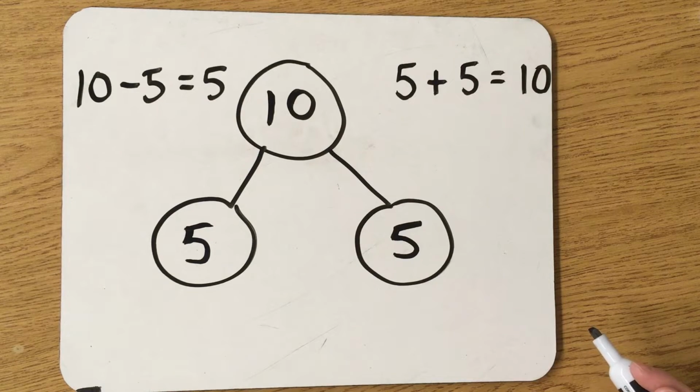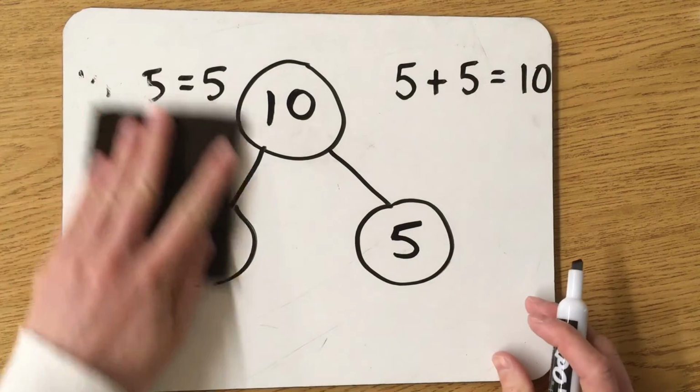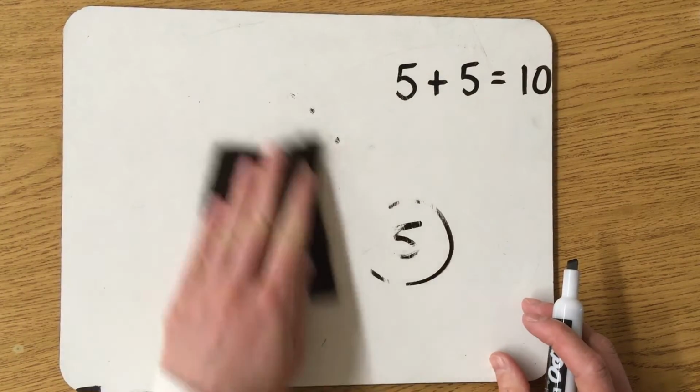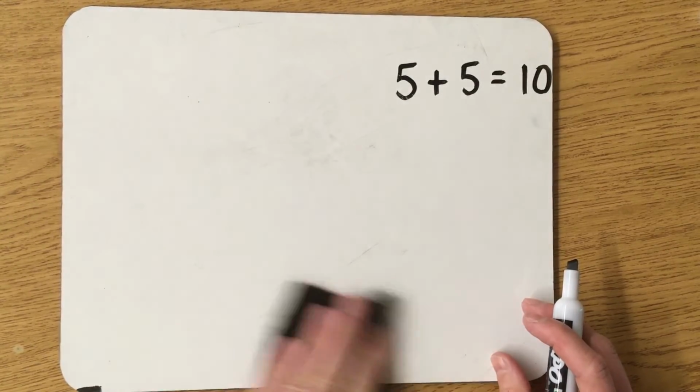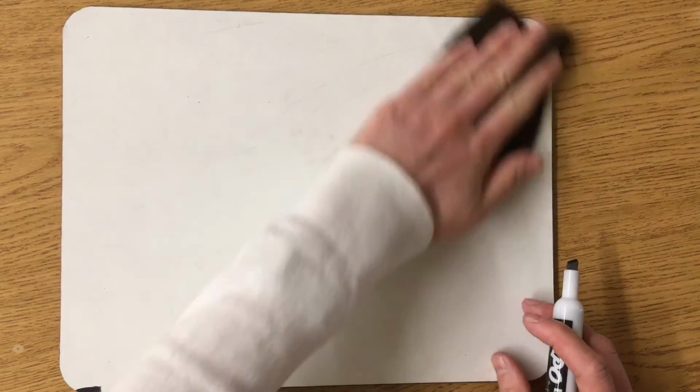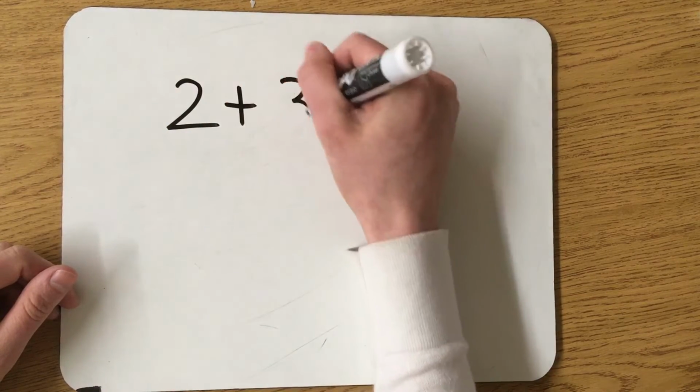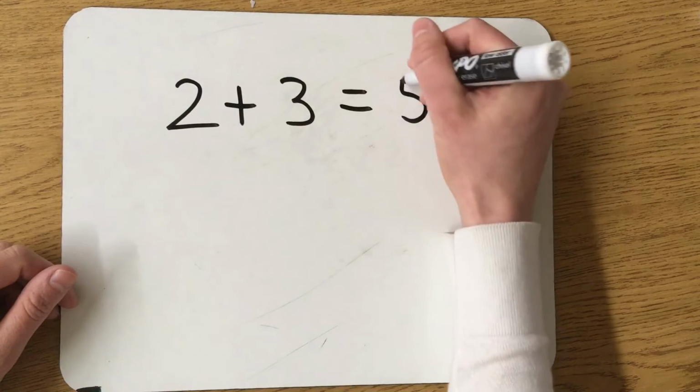Today we're going to do the opposite order. I'm going to teach you how to look at either an addition or subtraction equation and put the numbers from that equation into a number bond. If we look at this equation, 2 plus 3 equals 5,